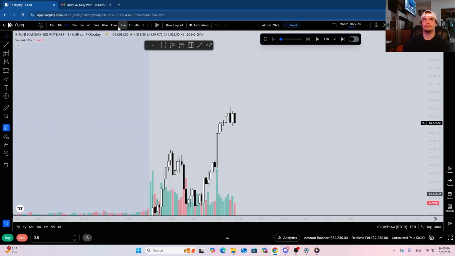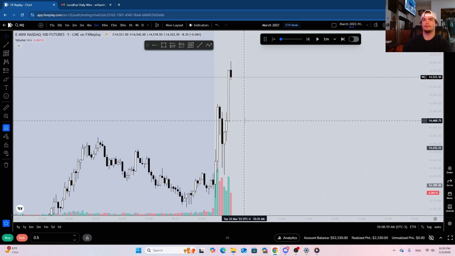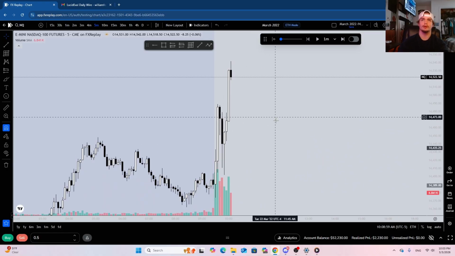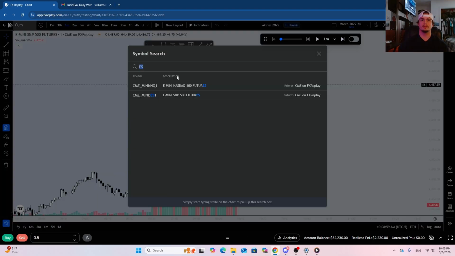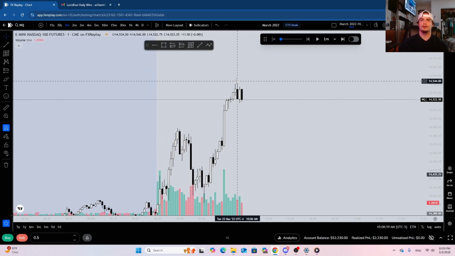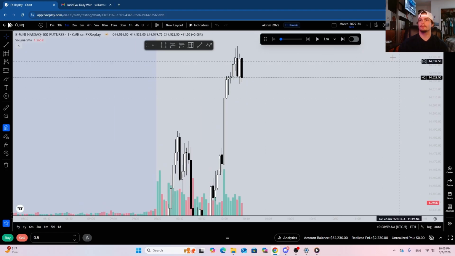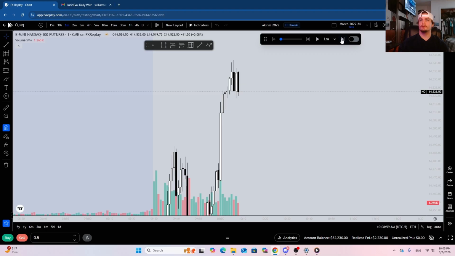Let's see if we get an SMT here. The 5-minute, there's an unfilled 5-minute right here. Also, no bottom wick on this 5-minute candle. Let's see if we got a lower time frame SMT here. So we got lower lows here on NASDAQ or on ES. Higher highs here. Let's just see if we get a solid displacement here.